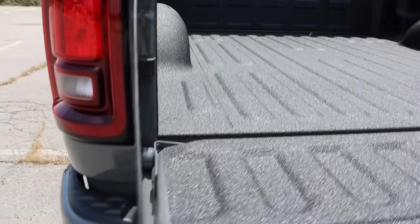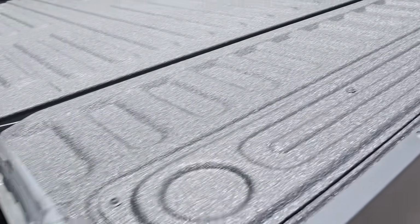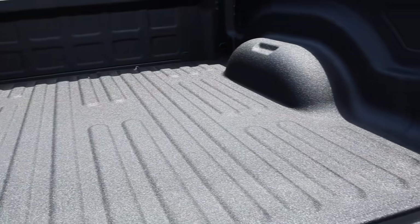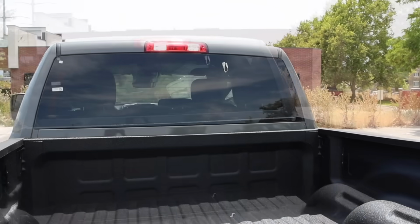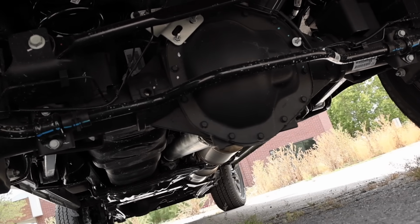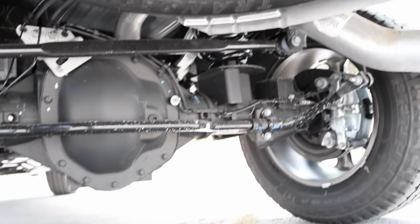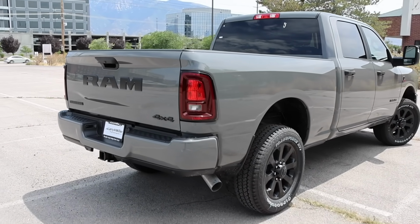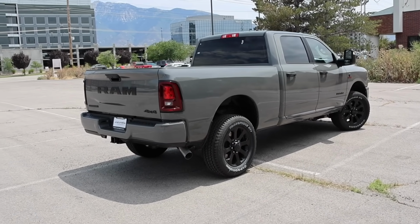This tailgate is not assisted, and they did delete the step there. You guys see your bed lights. There's no power in the bed, by the way, either. Defrost for that rear glass, but no power sliding glass. And this truck does have 342 rear. And there's your spare tire and anti-spin too. There is an off-road package you can get, which gives you the Bilstein shocks, downhill assist, and